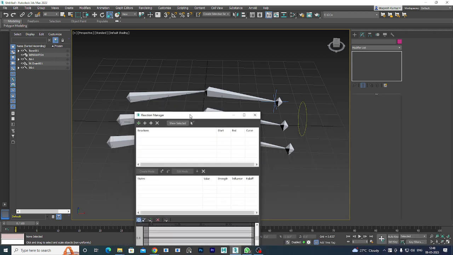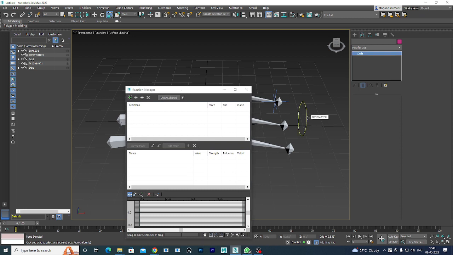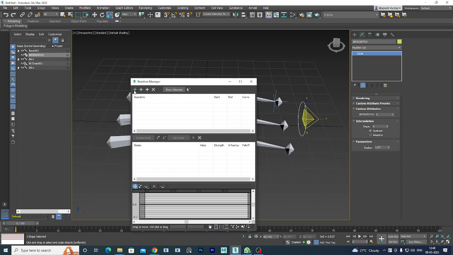Now this we have to make as a driver. So I'm going to select this, go to this driver, and add reaction driver. Okay, so I'll click this